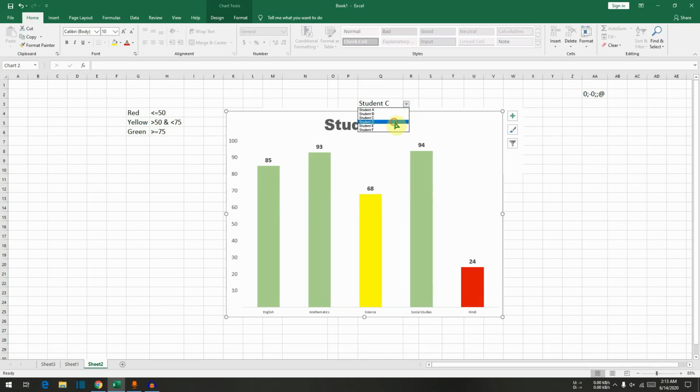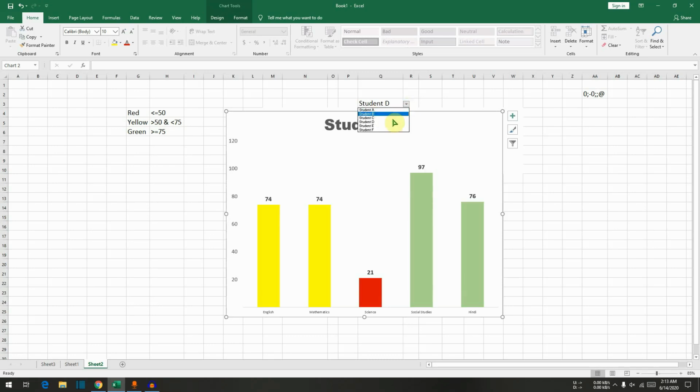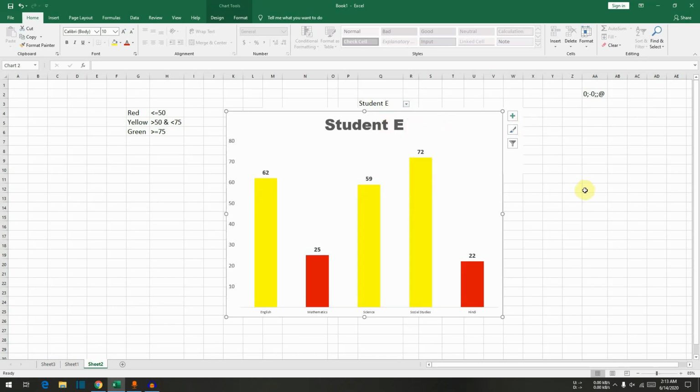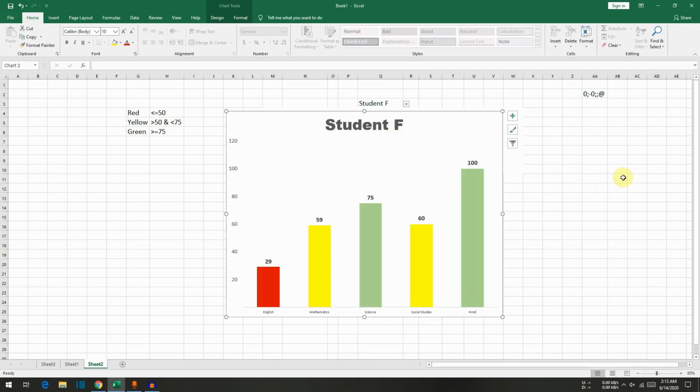So colors as well as the data are changing as per the student that I'm selecting here. This one is looking very interesting, so we will be learning the same thing in our tutorial today.